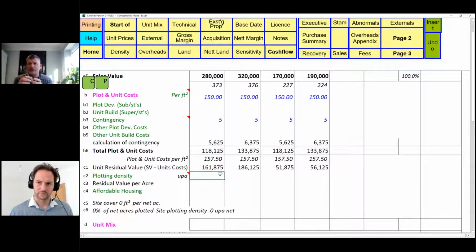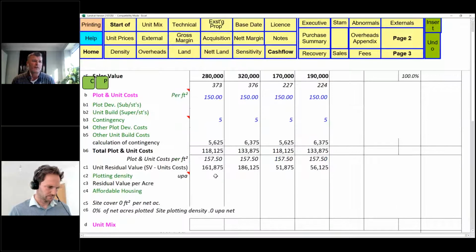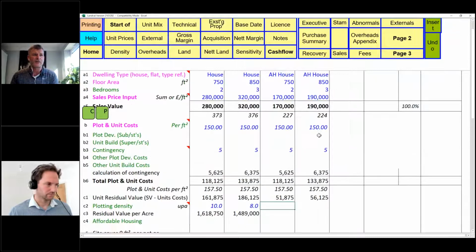You can do the little maths of how much garden space and side space this property unit needs, and that would be your area, and you can see how many you can get on an acre, and that will give you a density. So we could say this is a smaller unit than that one. We could say this one can actually get 10 on an acre, and this one is 8. And we can use the same kind of density on the other units as well.